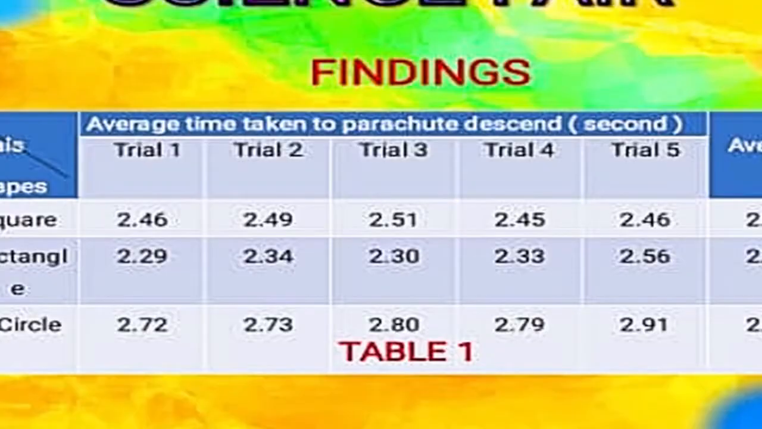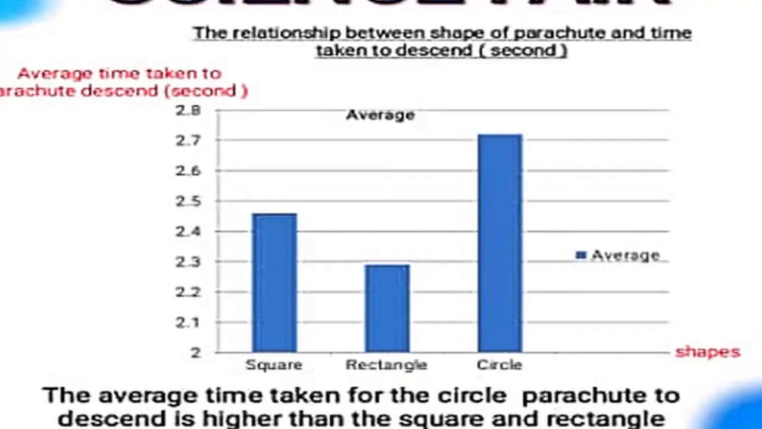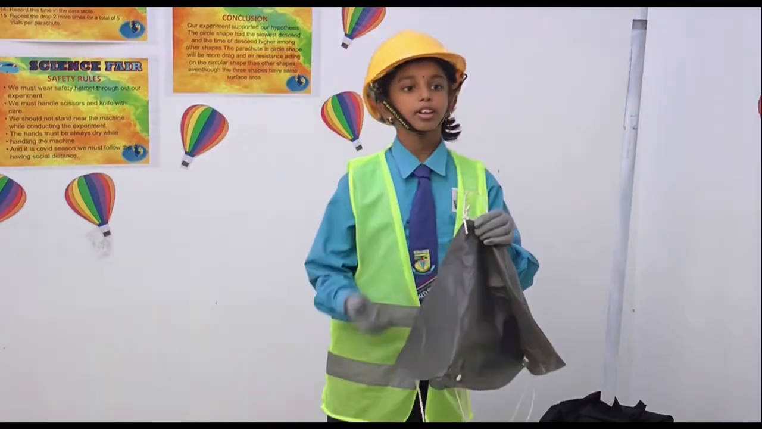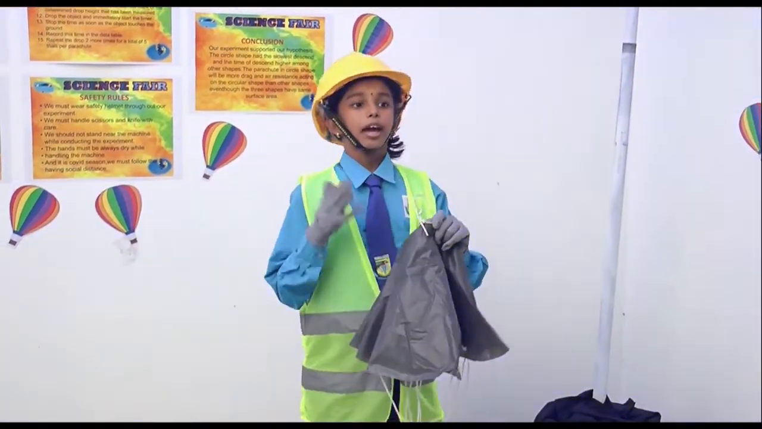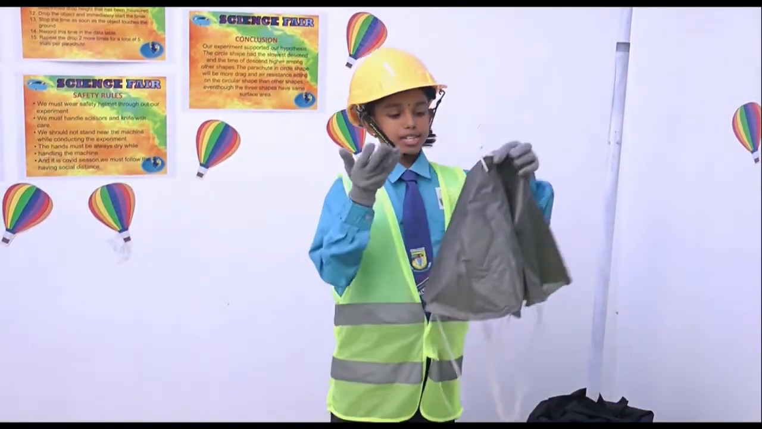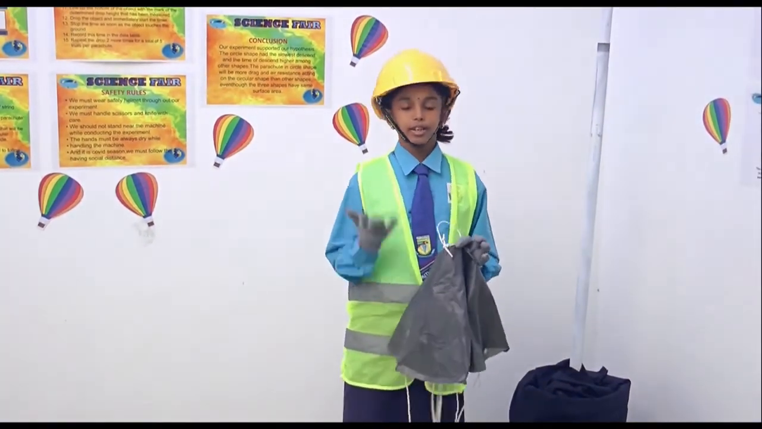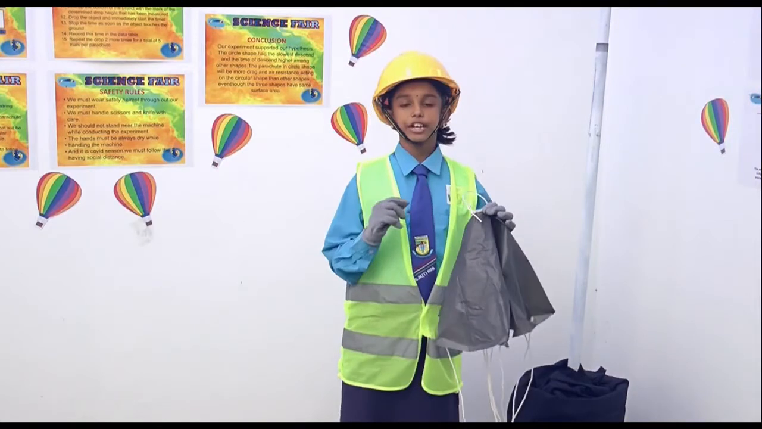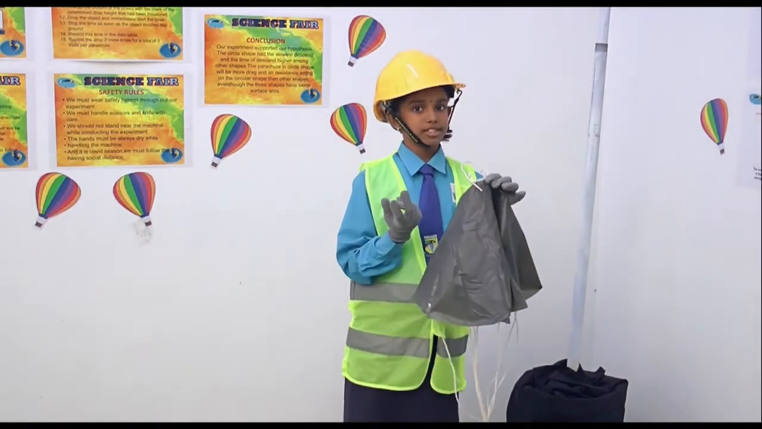This is the graph that we took from our previous experiment. If you see here, the circle has the longest average time, then square and rectangle parachute. We faced a lot of problems while conducting our experiment, and we managed to solve them. As we continuously dropped the parachute, we made sure to drop all the parachutes consistently. We noticed that the strings of the parachute got tangled easily. Then we realized the load of the parachute needs to be centered so that